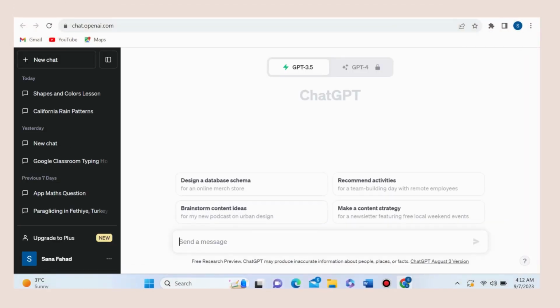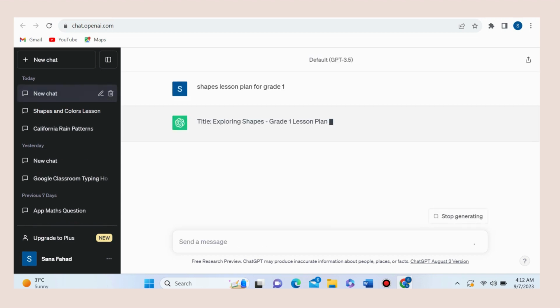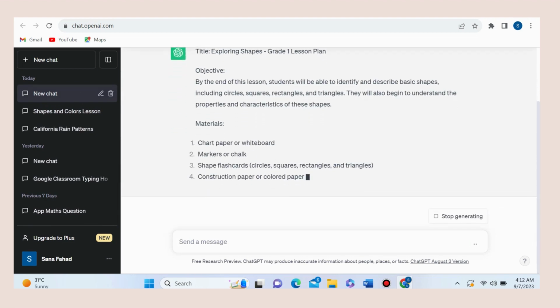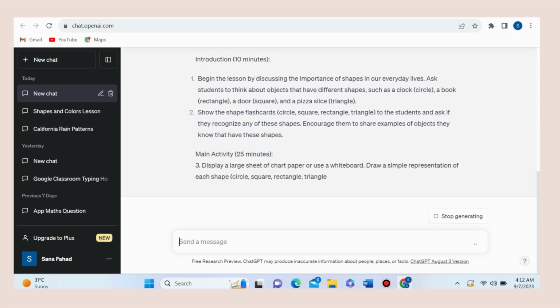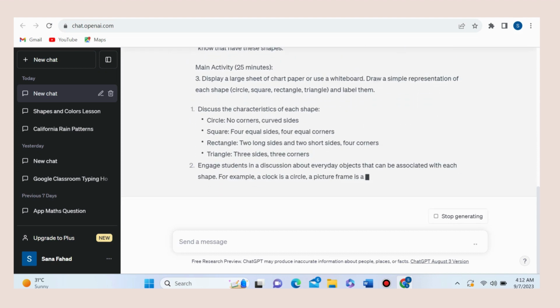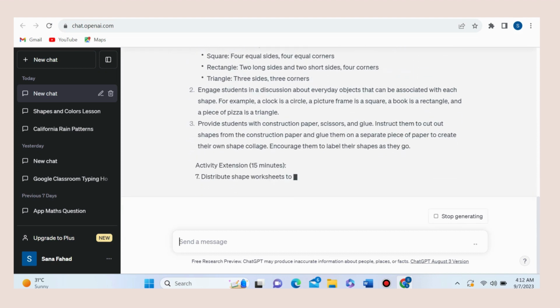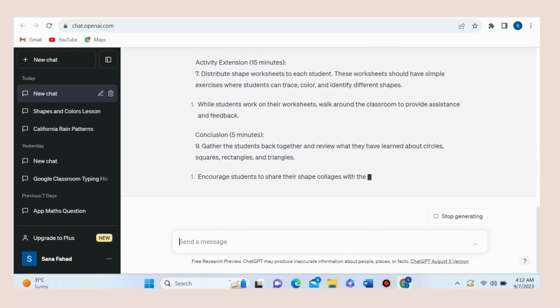So this is the main window of ChatGPT where you can ask anything which you have in your mind. Like if you're a teacher and you are spending lots of time in lesson planning, you can simply ask for the lesson plan for any grade. And it will give you everything from objective till reflection, and your lesson planning will be done in just 5 minutes. Not only if you're a teacher, you can ask anything like